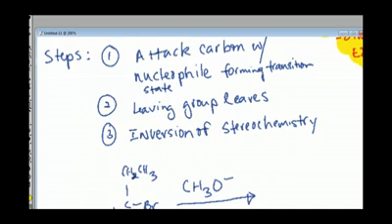Okay, so what are the steps for this? Because it's an SN2 reaction, it's a concerted reaction. It occurs all in one step. The nucleophile starts forming a bond right when it starts breaking the bond with the leaving group. Okay, and once the leaving group leaves, that means the nucleophile now has been attached and the stereochemistry has been